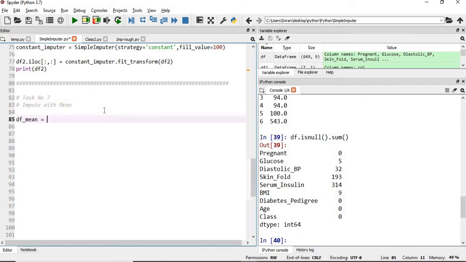I will copy this, because I don't want to touch my original data set. So df.copy(), and I'll give deep=True. Deep=True is basically to keep the indexes, and it's a very big topic. I will cover it in another section, which is generally related to object by reference and object by values. After that, I'll create a mean imputer,